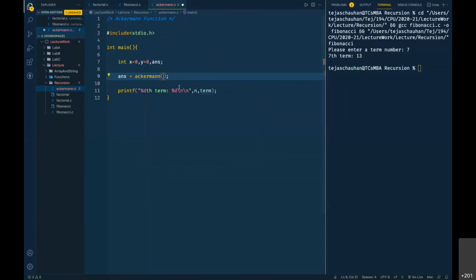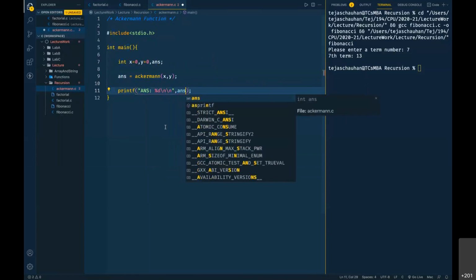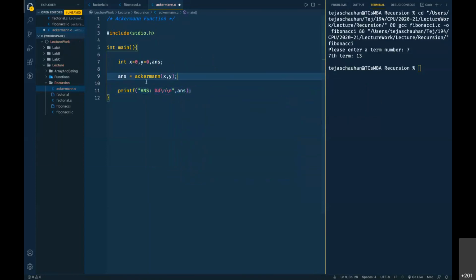Then we'll pass those two parameters X and Y here, and we can print that answer. Simple. So we have two values X and Y. When we pass those two values to this function, it is going to return us the answer, and we'll print that answer and see what is there on the output screen.